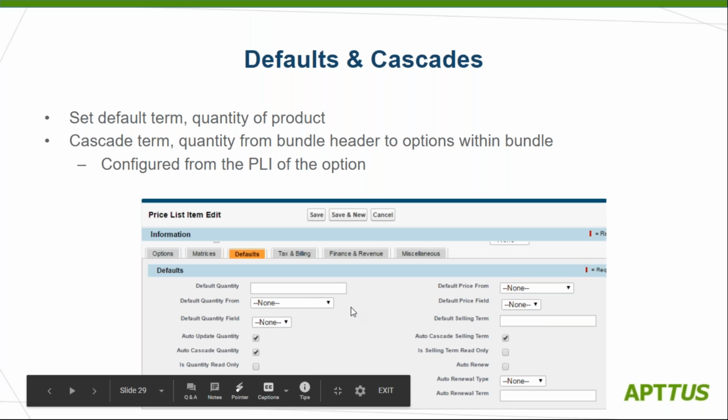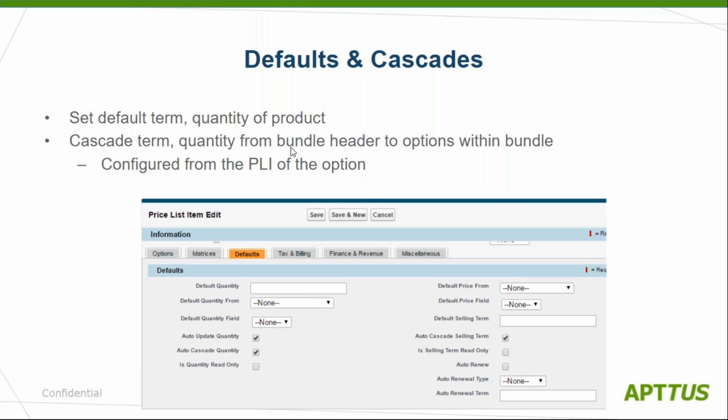And then if you want to cascade the term or quantity from bundle header to options within a bundle, that also we can do. So cascading means that whatever value we are putting on the header should also flow down to the option products. So for example, if we are configuring a desktop, so if we are adding two monitors,